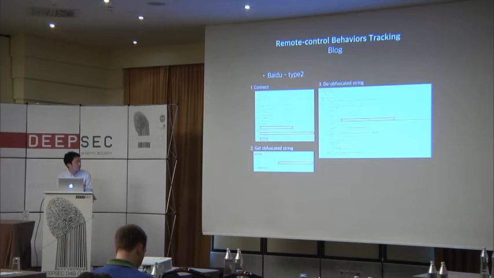Actually, the blog site was encrypted, and this is the blog ID. So the malware can select a different ID when the IP is blocked. And this case also uses an obfuscated string. This Baidu site is the same as the user ID.